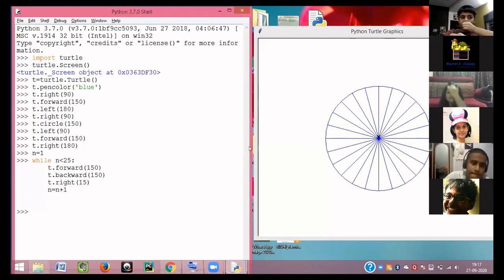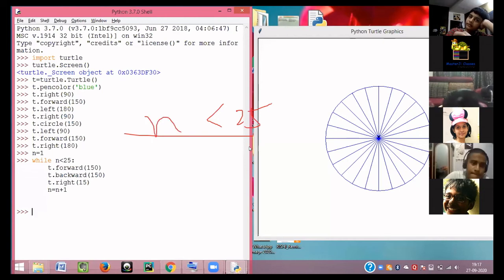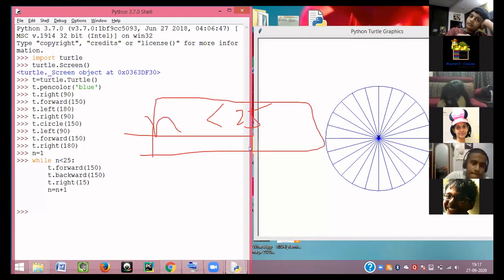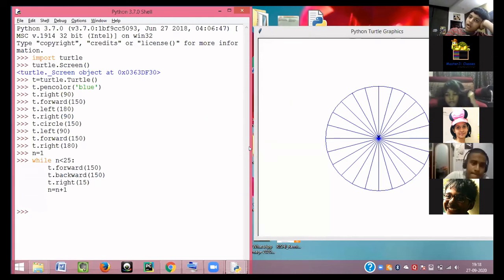That is why, to make it run every time, for the value of n less than 25, we are making this n less than 25. That is the way it will keep running till the point it reaches 25. Got it? Yatharth, you can switch off the mic, please.